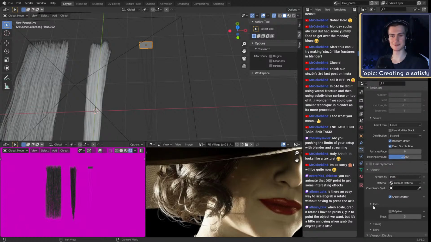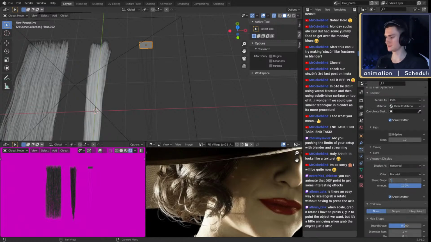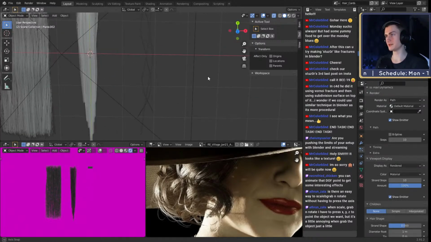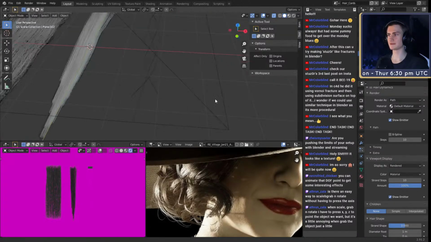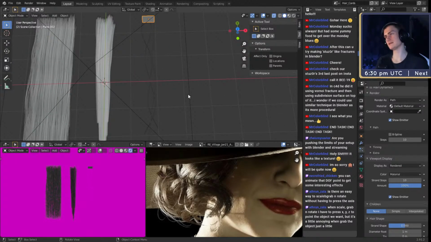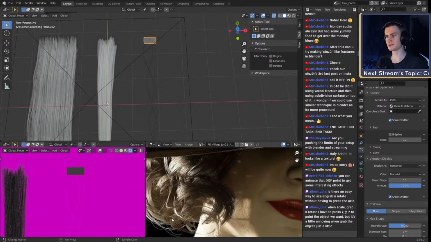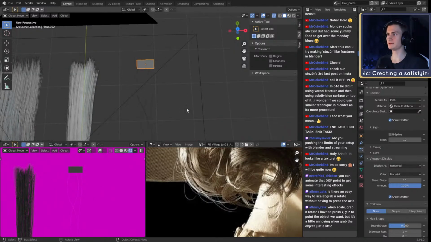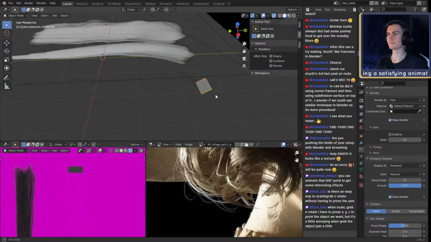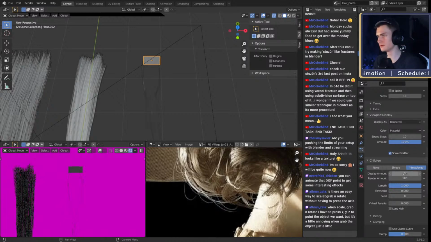What happens if we go to render? Can we put the steps to 10, I guess? Do the same for the viewport. Does that work? I mean, it's smoother, but I don't know if that really is as smooth as 10 would be. I guess it looks like it is. But of course you can't really see them. We want to make them thicker. There still should be individual hair strands, so we probably don't even add more, I would say. What we do though, we could probably add a little bit more, maybe like 2.